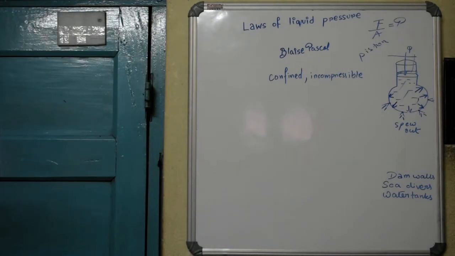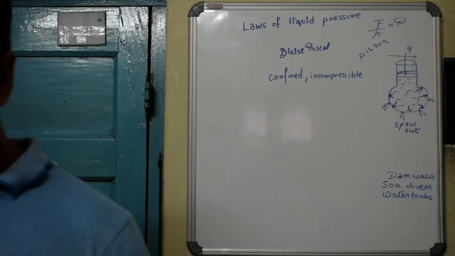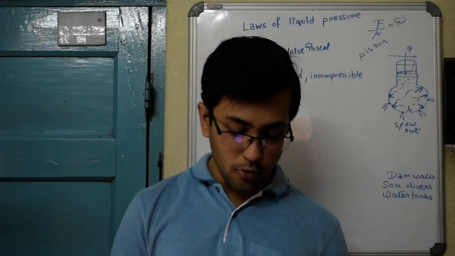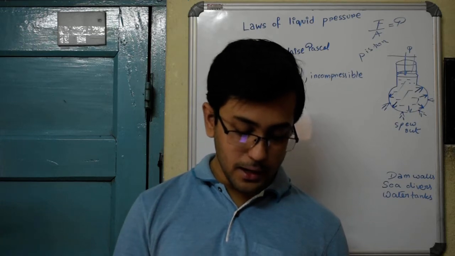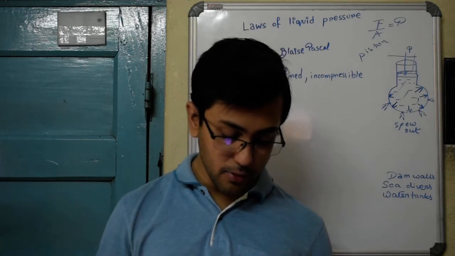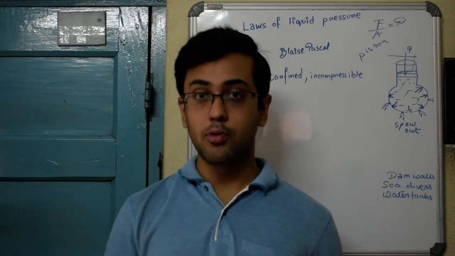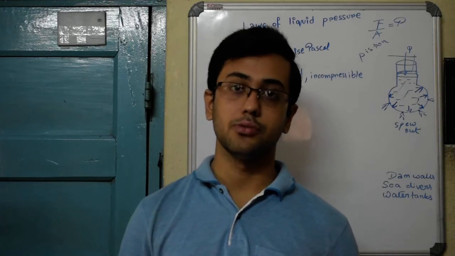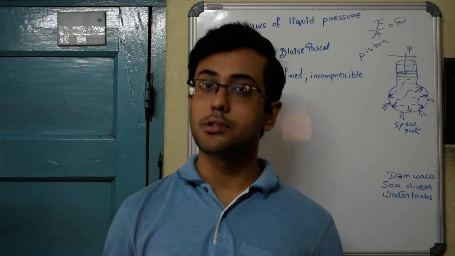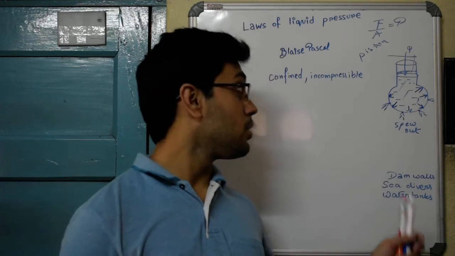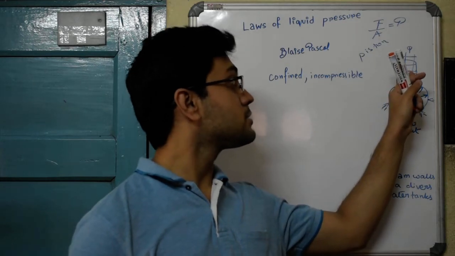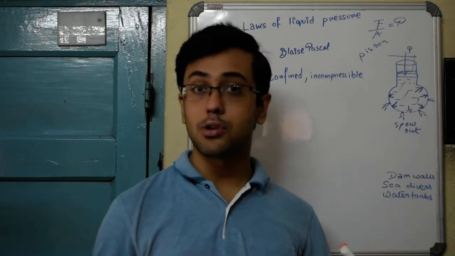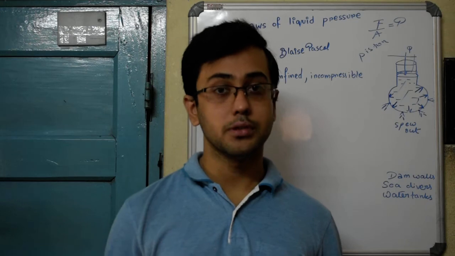So I quote whatever the definition of Pascal's law is given in your book, it says that according to this law, whenever a pressure is applied at any point on an incompressible and confined liquid or fluid, it is transmitted equally, which I said propagated equally in all possible directions with undiminished magnitude. Each and every word here is a keyword. You also have to state with undiminished magnitude, because what that means is that the pressure that you exert here at the piston is equal in magnitude to the pressure with which the water is coming out. It has not diminished or reduced in magnitude. The magnitude also remains the same.